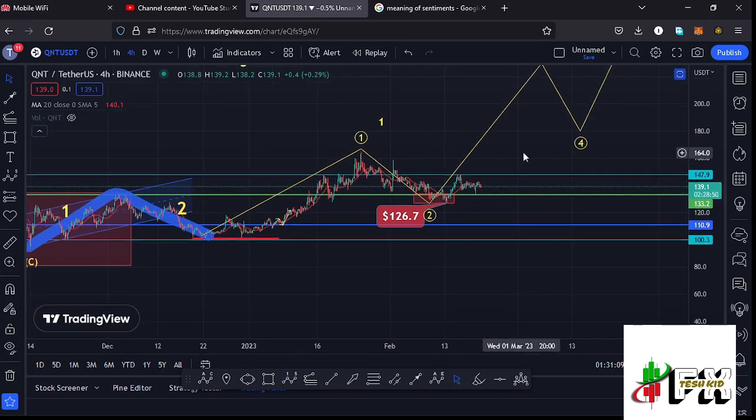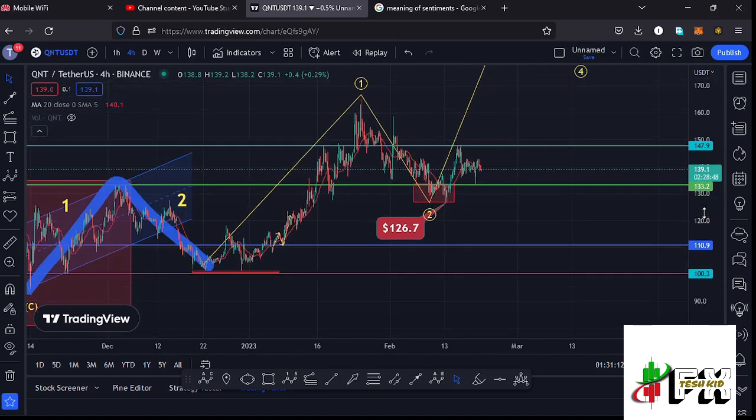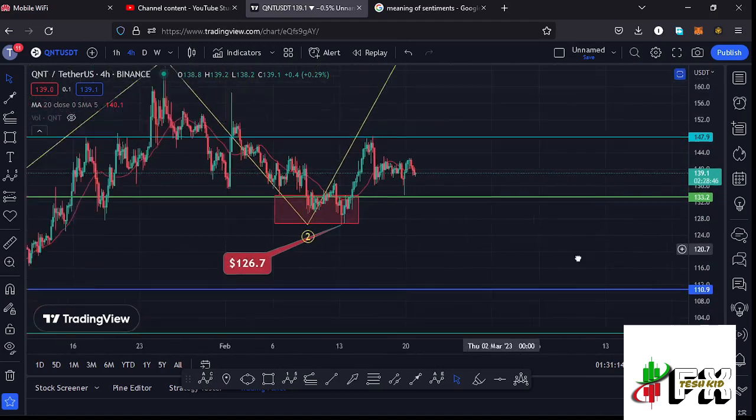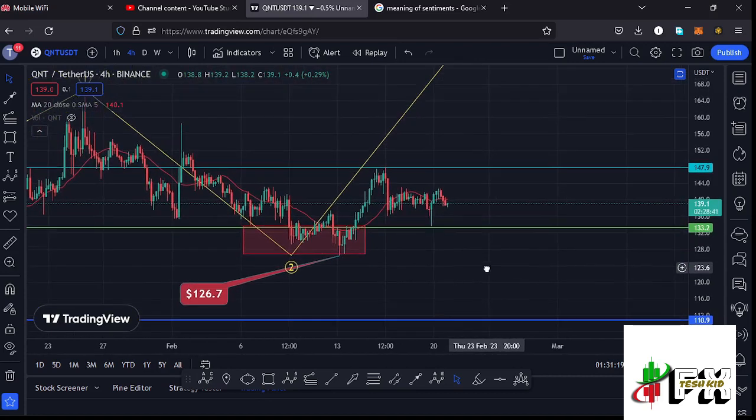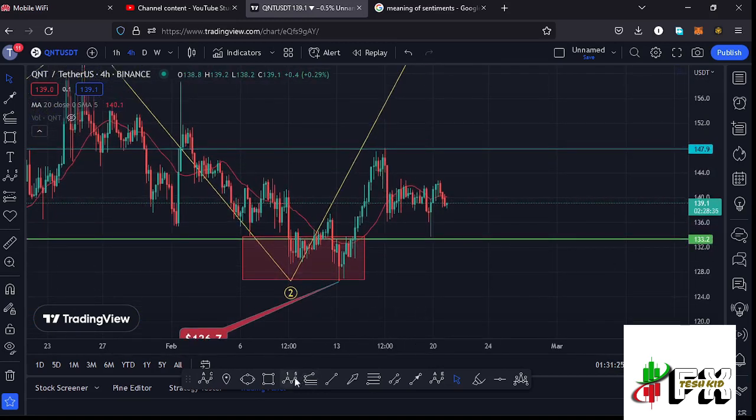And I believe we are seeing such a scenario over here, and zooming in so that we can see that better. After making our low in the formation of this wave 2, we started this bounce to the upside, giving us a peak at around the $148 mark in what I'm terming as that first wave to the upside. So we have seen the first wave of the fractal wave to the upside,